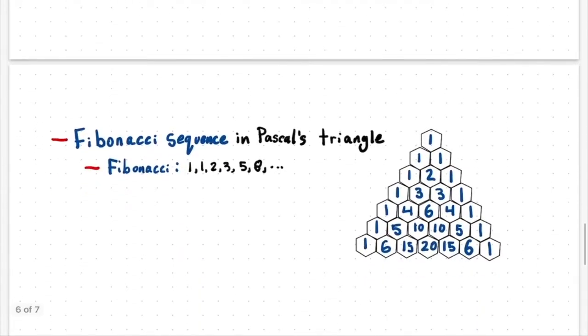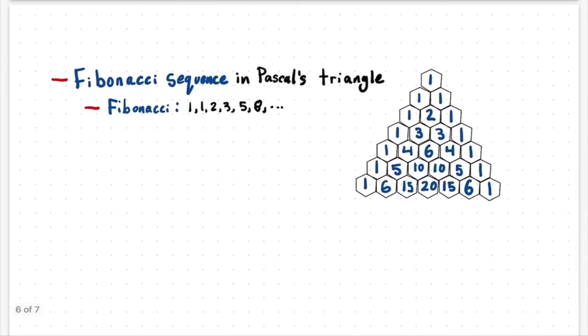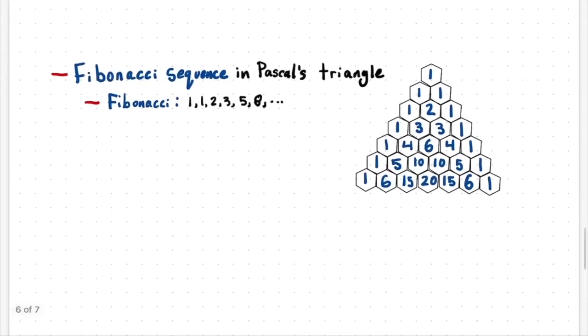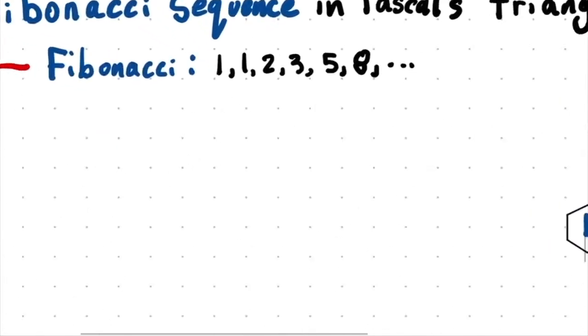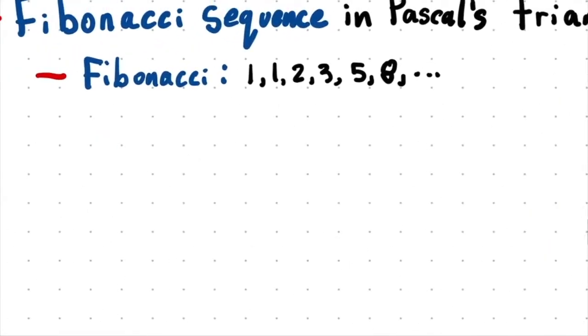Alright, let's move on to this one, because this one I think is really interesting. This one is the Fibonacci sequence in Pascal's triangle. So, just for a quick intro to the Fibonacci sequence, if you guys don't know what it is, the Fibonacci sequence is a sequence of numbers that pops up in nature all the time. But the way that you construct the Fibonacci sequence is, I wrote out the first couple terms, but it's essentially, you start with a 1 and then another 1, and every number after that is the sum of the two numbers before it. So, for example, here,